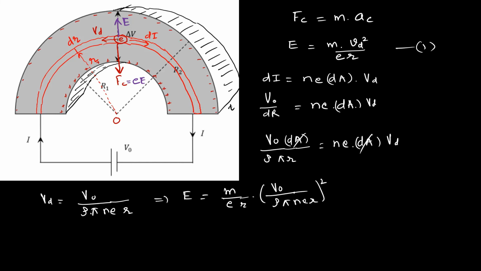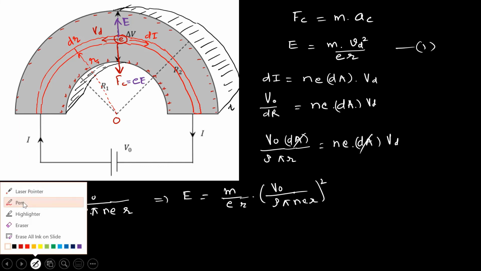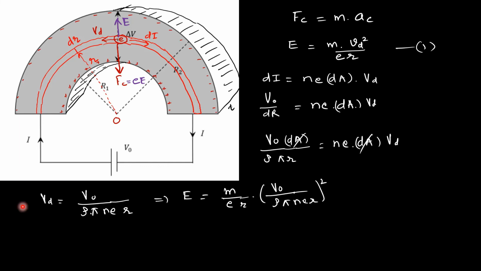Because we only have to tell how this varies with current, I am taking all the constant things together. This m is a constant, e is a constant, rho is a constant, pi is a constant, n is a constant, and e is a constant. So clubbing all these constants into one single constant, say k, it will become k times V naught squared divided by